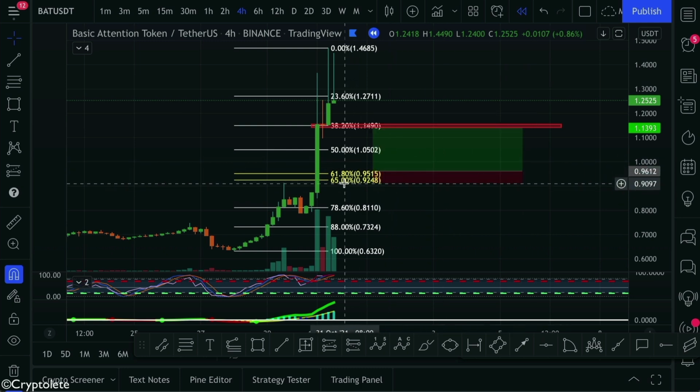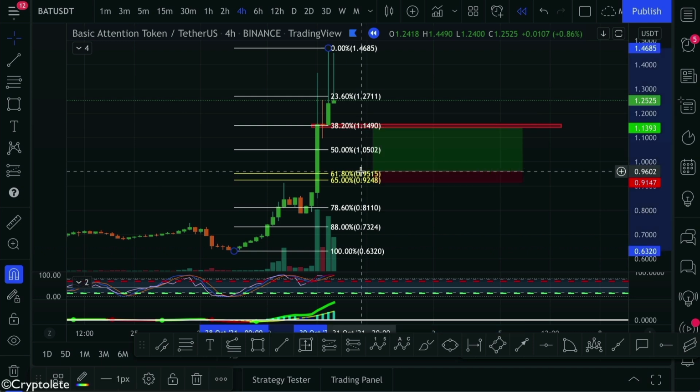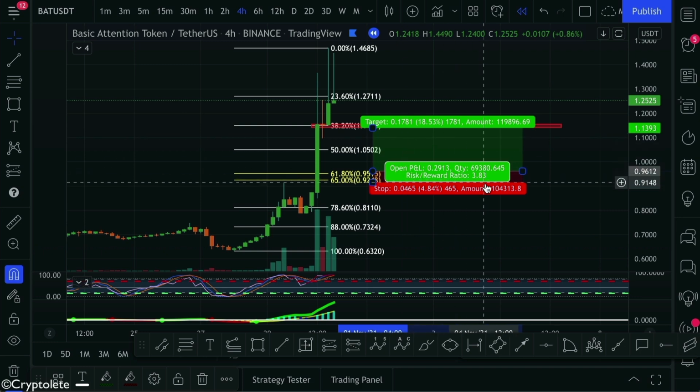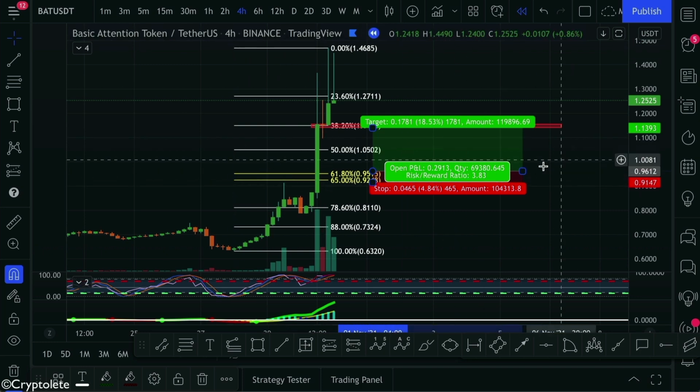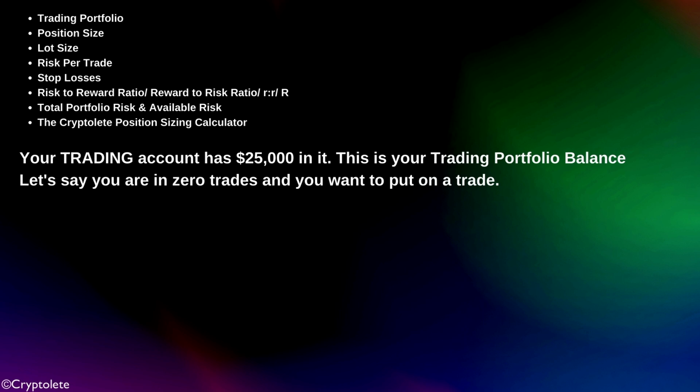So your stop loss is 4.84% below your entry, and it is at 0.9147. So this is the trade that you want to put on. You have this down in TradingView. What do you do now? Well, if we go back here, you can see that the first thing we need to do is to calculate